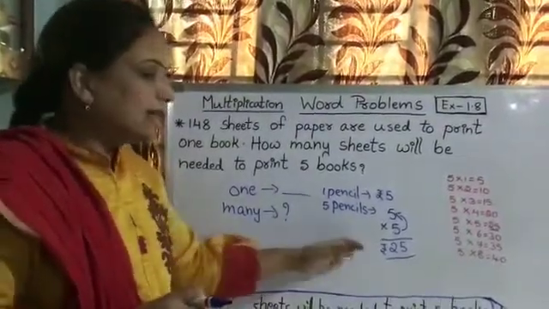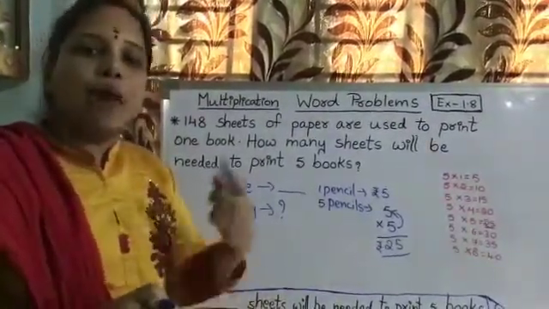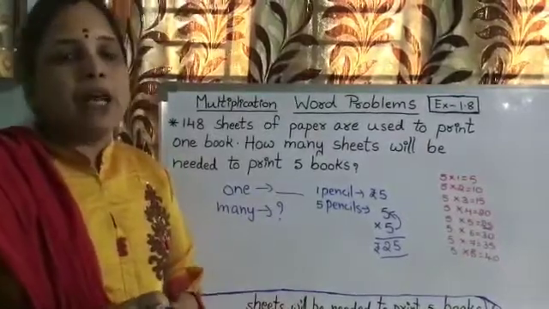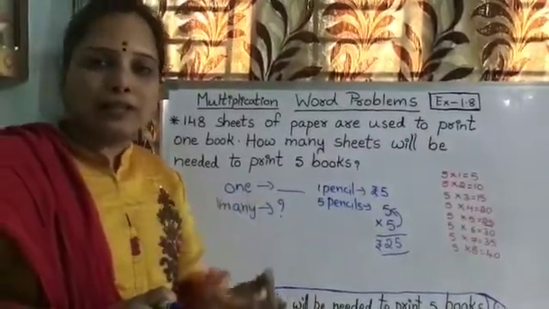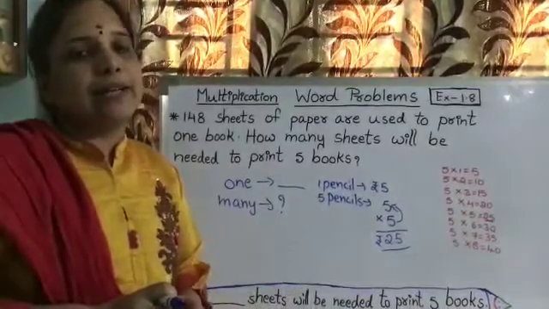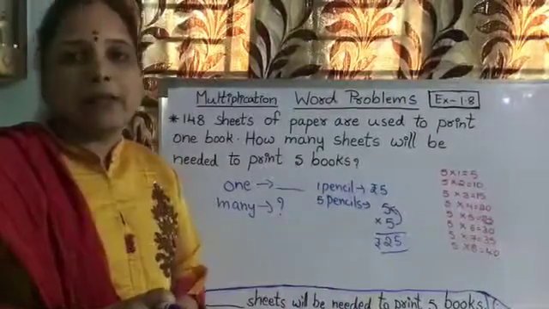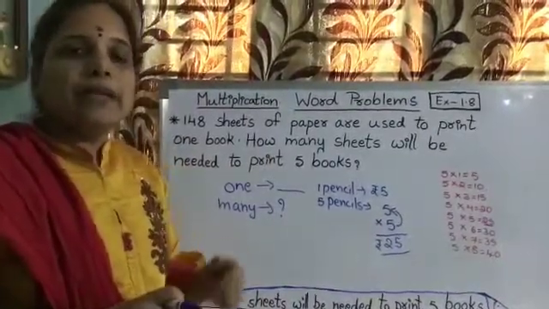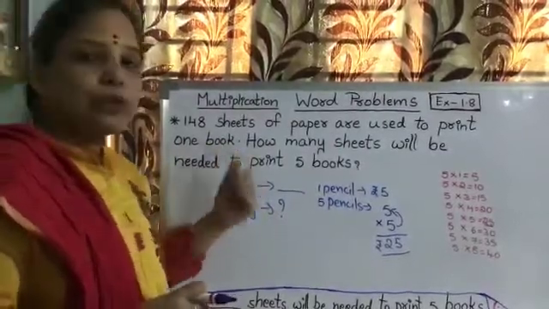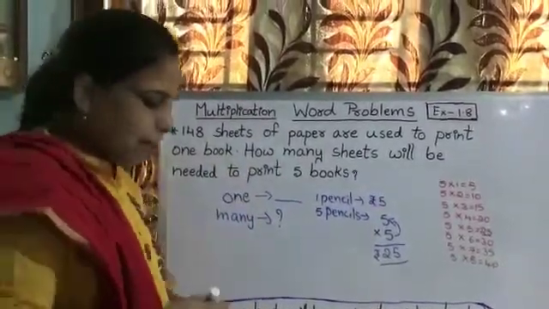You can easily go to the shop and ask, 1 scale costs how much? I want 3 scales. If you want to purchase 3 scales, you can easily calculate it and give the money to the shopkeeper. Okay, children, please listen now. We will come back to the problem now. Shall we see the problem now?